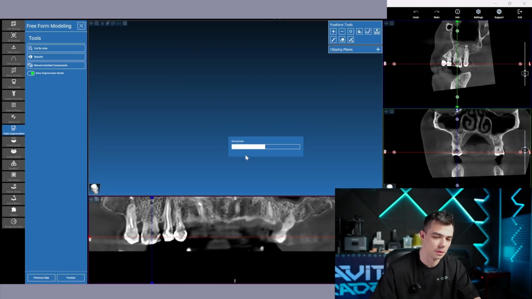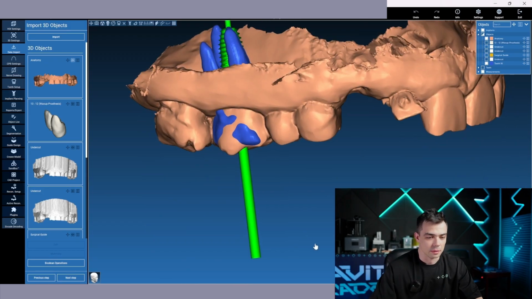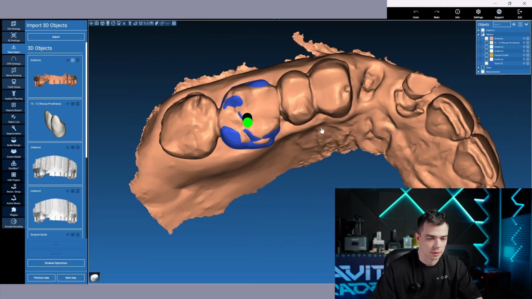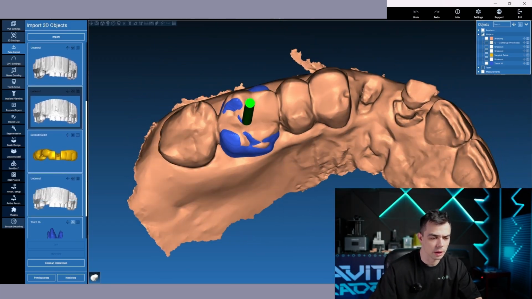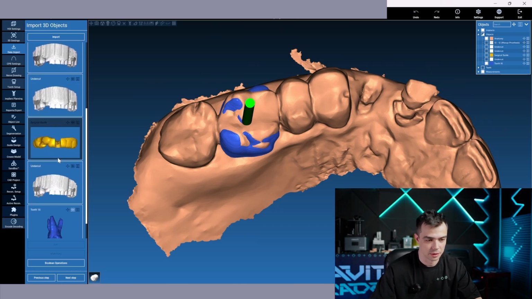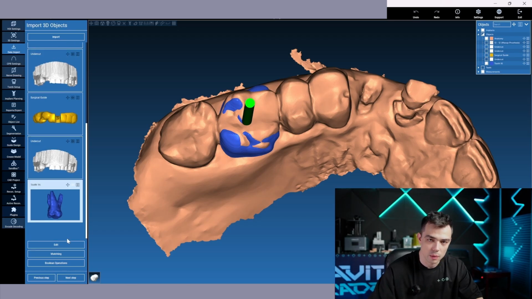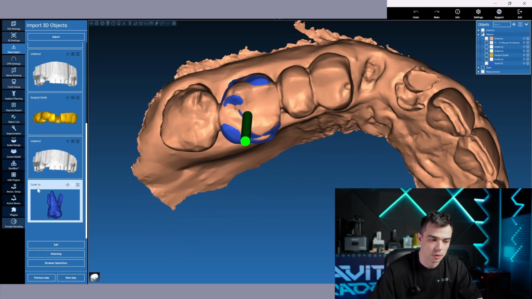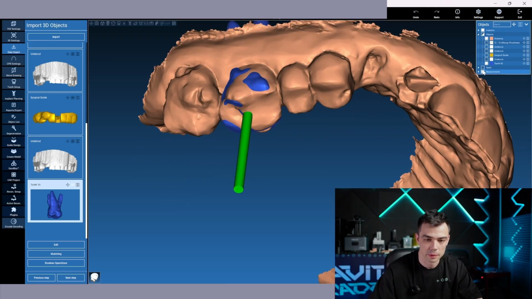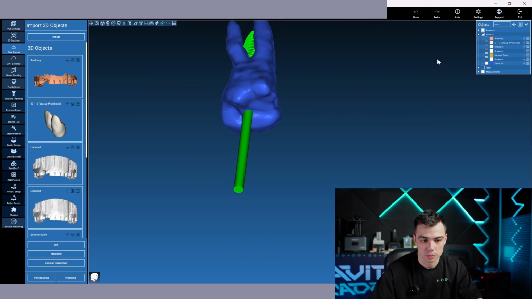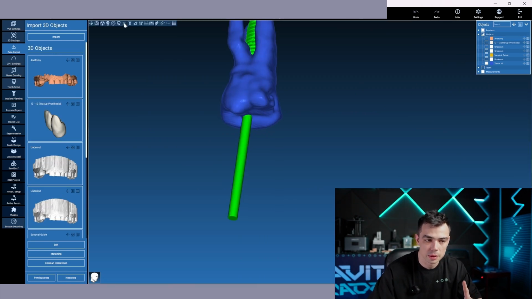Okay, rewrite the data and so on. Please don't pay attention to the existing files. I used this case before, that's why I have them. Now we are going to focus on tooth 1.6 because we will actually edit it. But firstly, let me just show you that I have previously